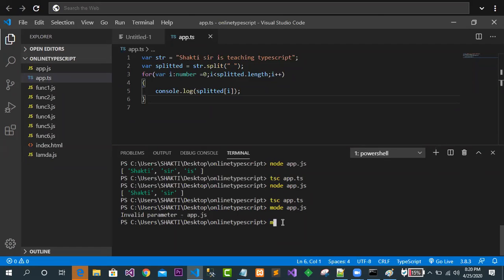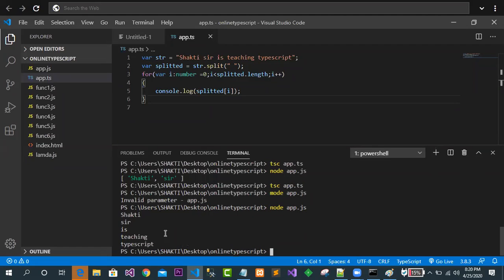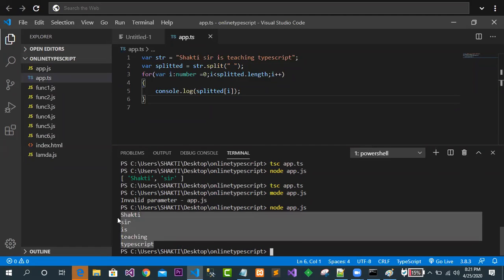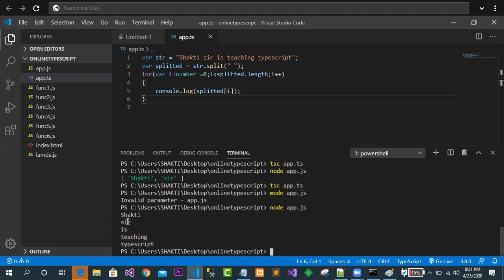Sorry, this was not written correctly, so this is js. Look at it. Now the output is Shakti sir is teaching TypeScript: Shakti at the first index, in the second index it is sir, the third index is, in the next index it is teaching, and in the next index it is TypeScript. So it's very simple. Clear?